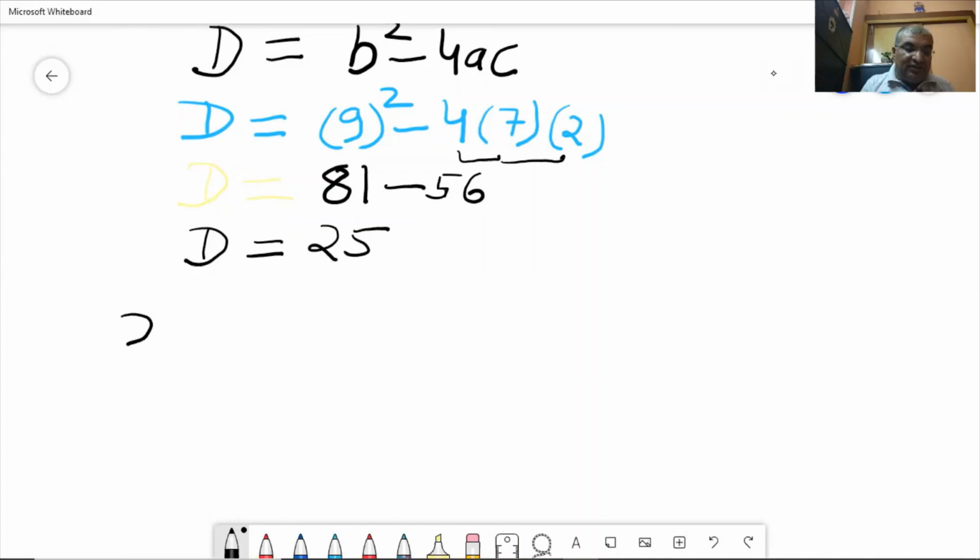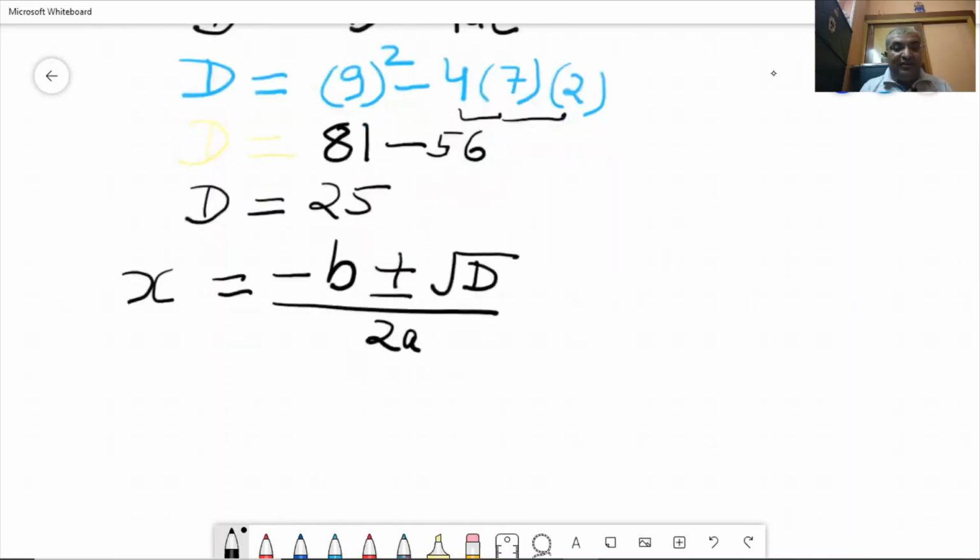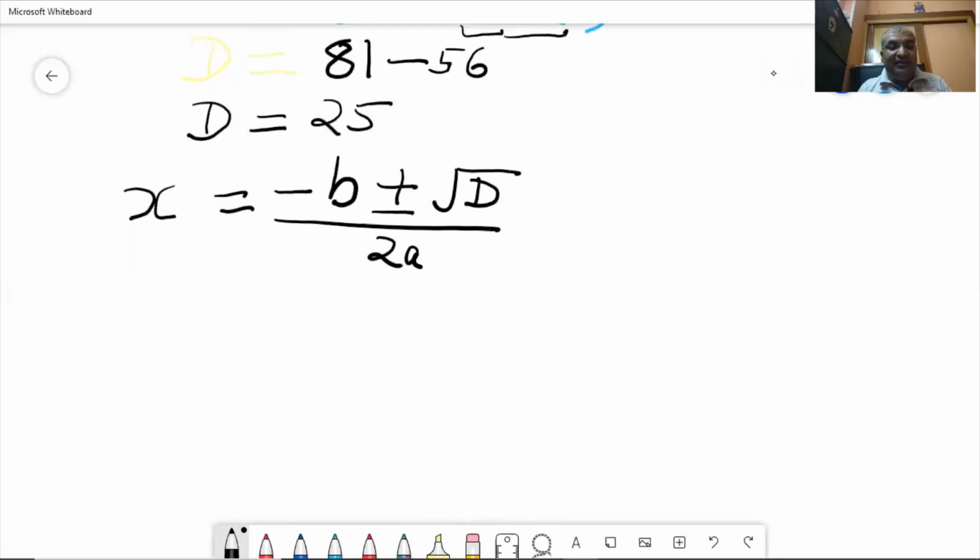So what you should understand is the formula for this x. Now there are two formulas of this, because the quadratic equation has the degree 2. The highest degree of the variable is 2, so there are two answers right here. There are two roots, and how do we write it, we write them as minus b plus minus under root d divided by 2a. So we can write them in two ways. First way is writing them together.